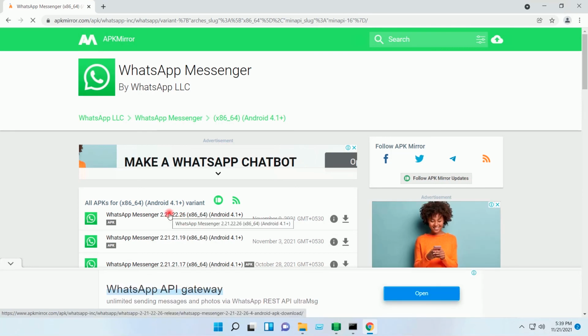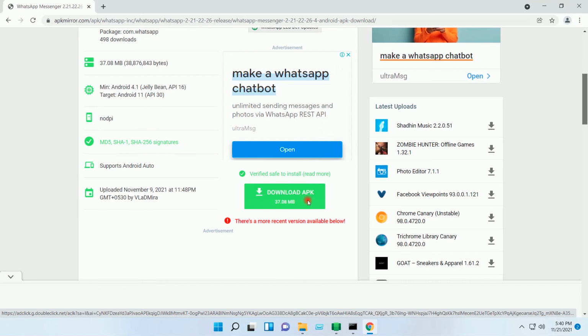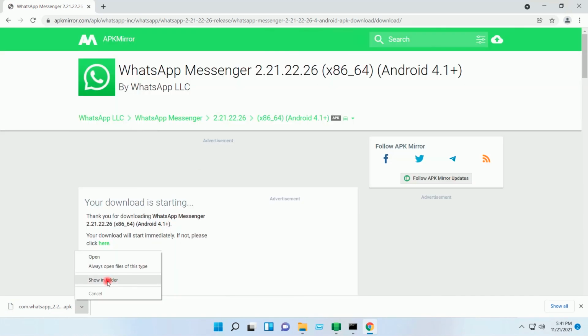I will click here. And I will click here to download the APK. APK file has been downloaded.